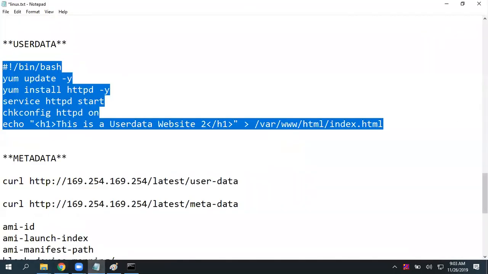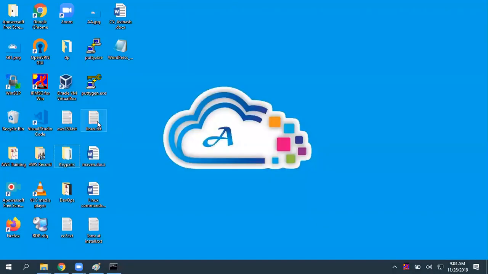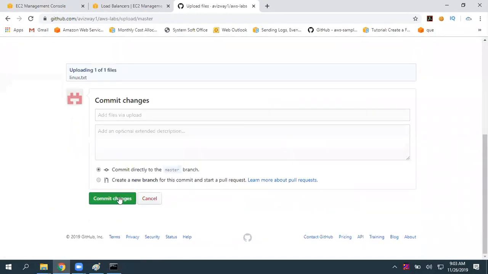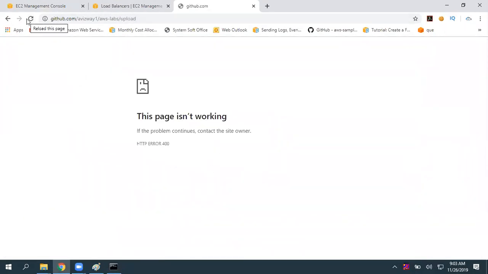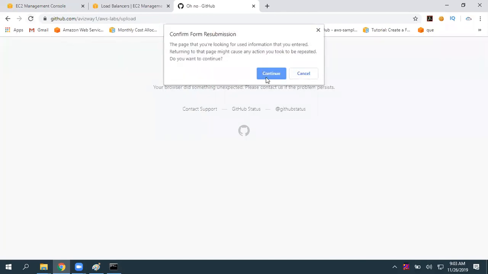Okay, so here I'm going to upload our Linux one. From tomorrow onwards, I'll try to upload and maintain this. Come on, what happened to this? Only at Naresh IT are we getting this problem. On my home network, it is working fine. I'm not able to upload anything to Git.